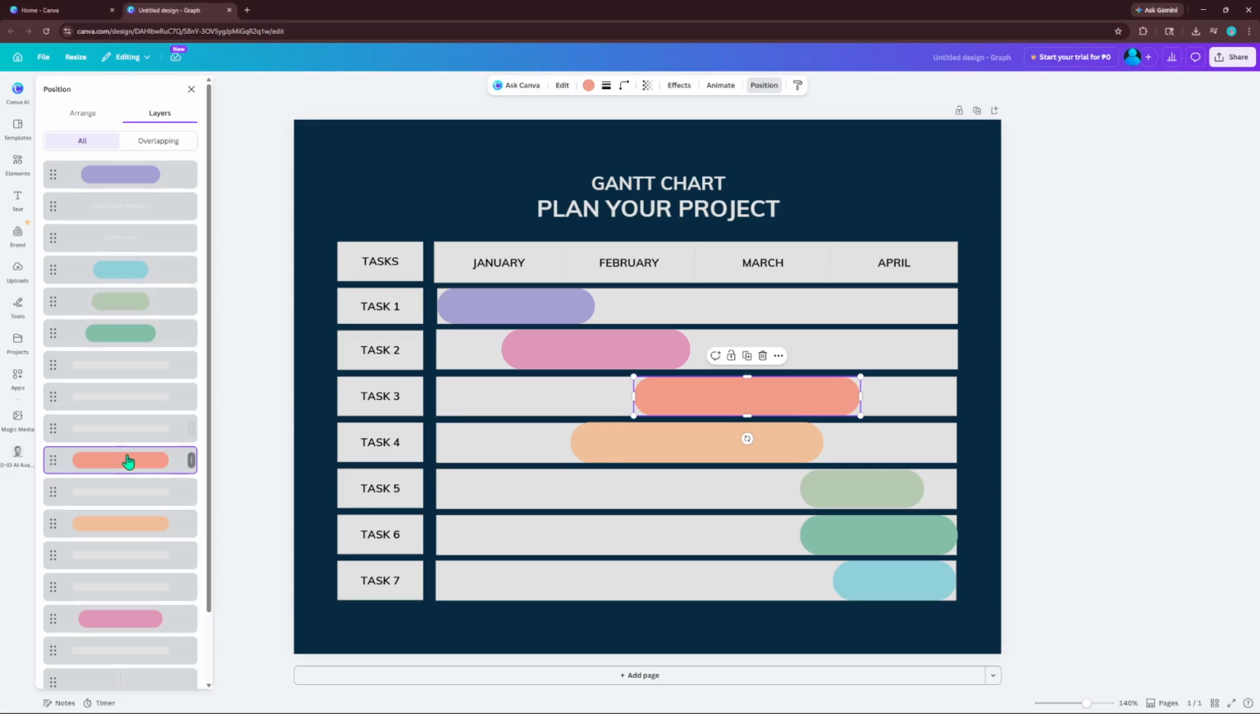Once you've clicked Show Layers, a panel will appear displaying all the layers within your design. This panel is incredibly useful because it not only shows you the visible layers, but also highlights those that are hidden beneath others. Now you have the ability to select and modify any layer you need, regardless of its current